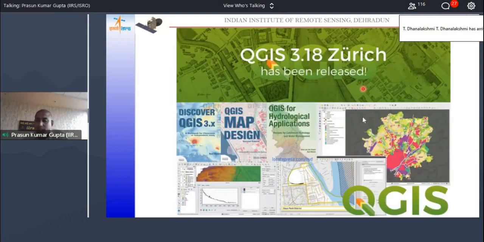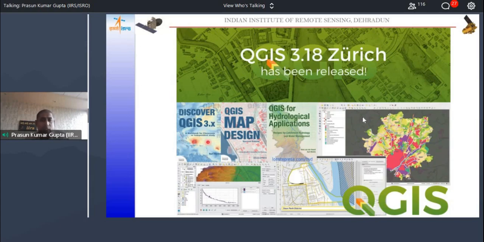So the focus of today's session is QGIS. QGIS has a very strict release cycle. So every 15 days or every 1 month they come up with a newer version. So it is regularly updated. If there is any problem with the software, or if they want to come up with new features, every 15 days or 20 days you get a newer version. So it is not like the traditional softwares which get updated every year. Open source GIS. Every month you have a newer version.